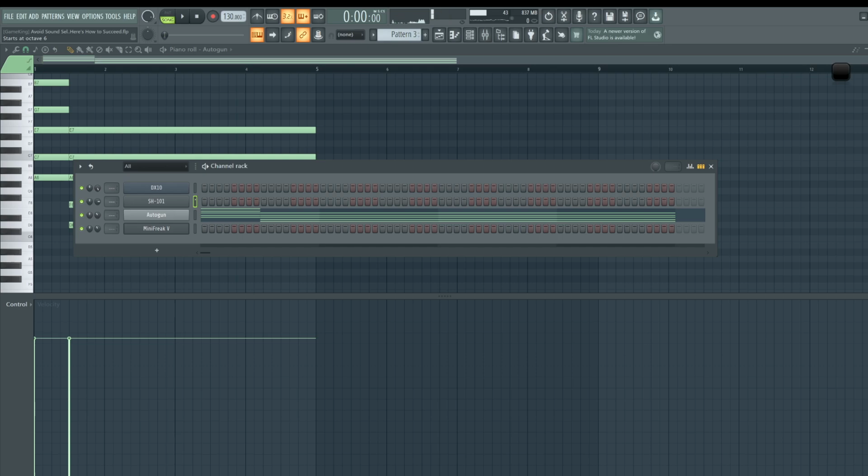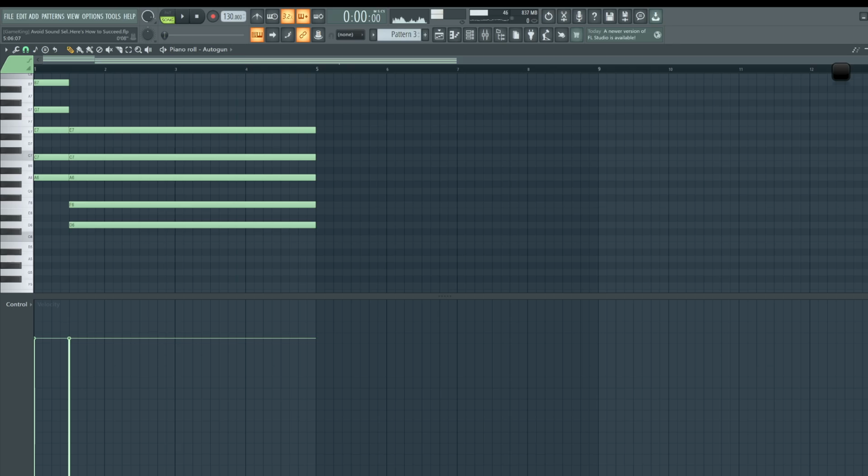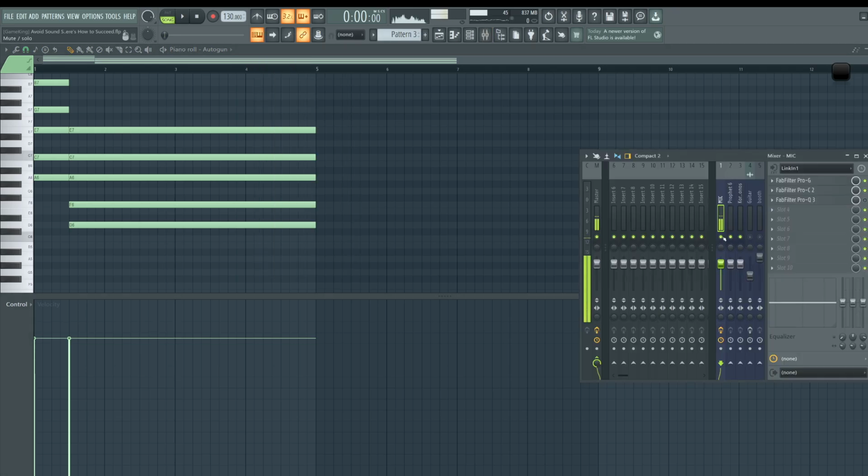I'm going to go to SH101. We're going to find a sound and then freestyle over time. So I'm just using my typing keyboard. I forgot to set the root note here. So the root note is A. So we need to right click and then make sure that root note is actually A, so that we're in the A natural minor pentatonic scale.